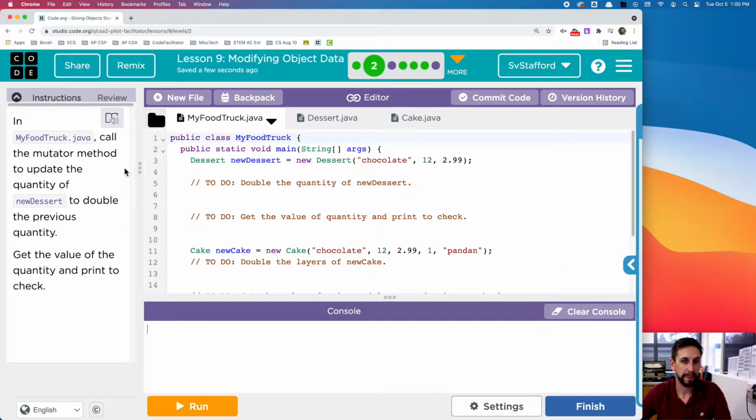Next level, it asks me, in MyFoodTruck.java, call the mutator method to update the quantity of newDessert to double the previous quantity. So it says, to do, double the quantity of new dessert. So I need to say newDessert dot setQuantity